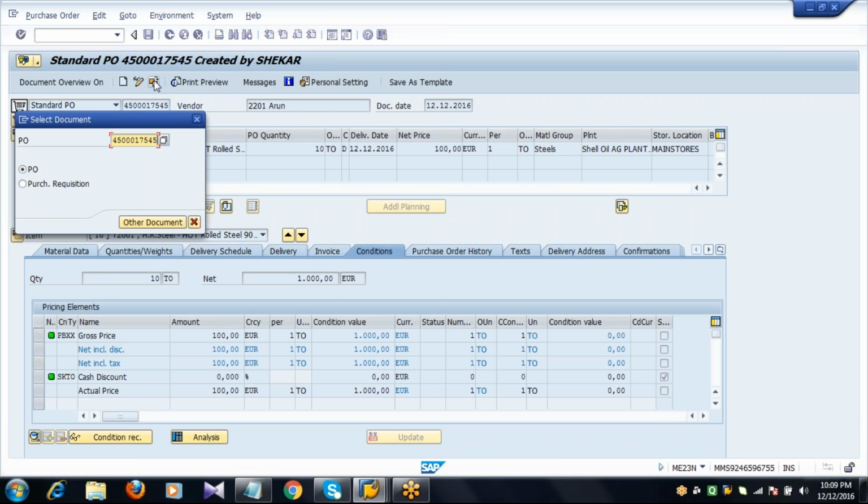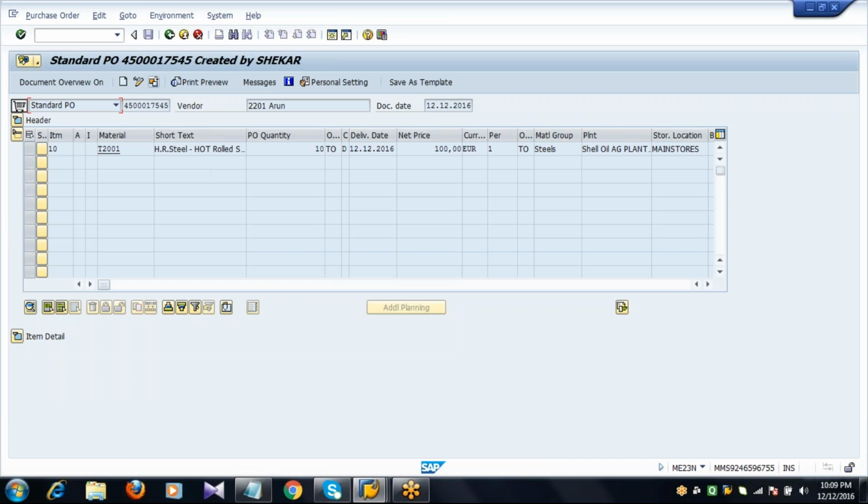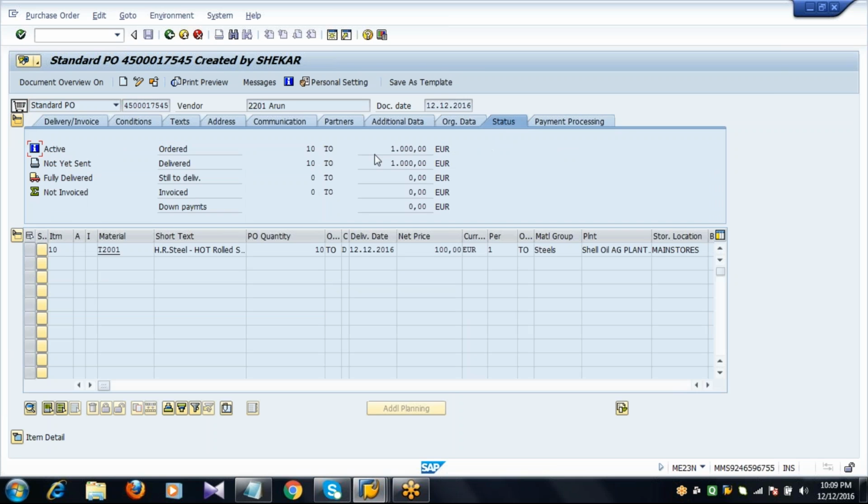If it is your PO number, it's okay. If it is some other PO number, replace it. Press enter. At the header level, if you go to the status tab, now your PO status is updated from not yet delivered to delivered because we have created a GR. So your PO status is updated.